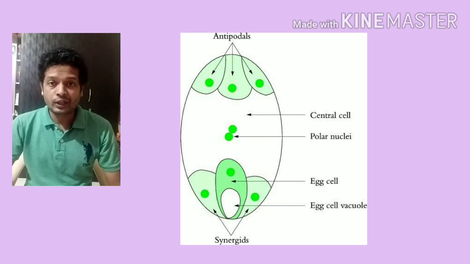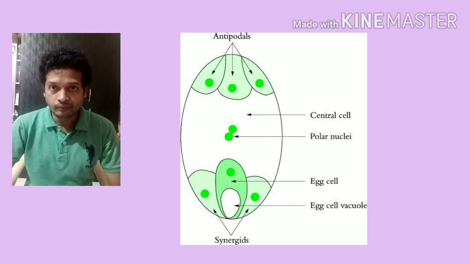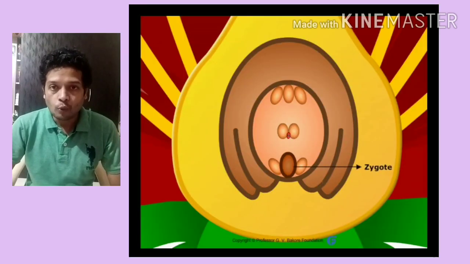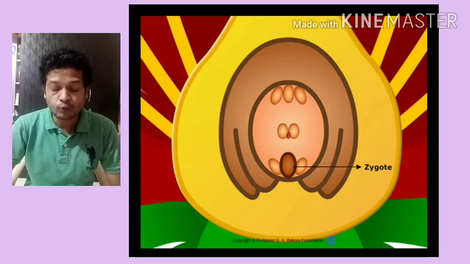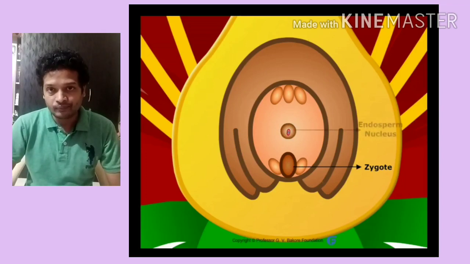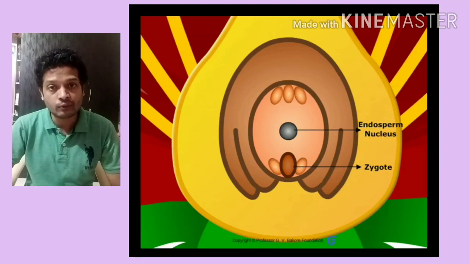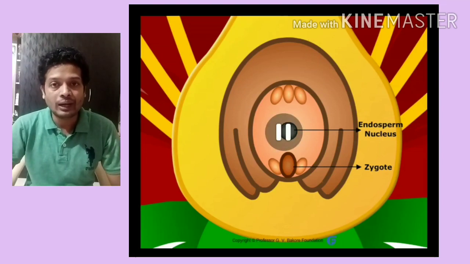So when the 2 male gametes are traveling through the pollen tube, they reach inside the ovum, they reach the embryo sac. Out of 2 male gametes, one gamete fuses with egg to form zygote from which the embryo is formed, and the second one fuses with the polar nuclei. Now the polar nuclei cell consists of 3 nuclei in it. Earlier there were 2 nuclei and one more nucleus is added of the male gamete.